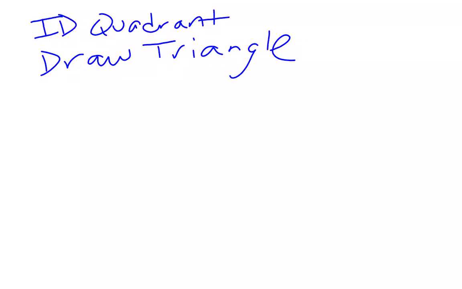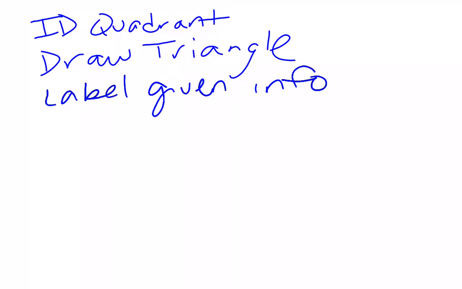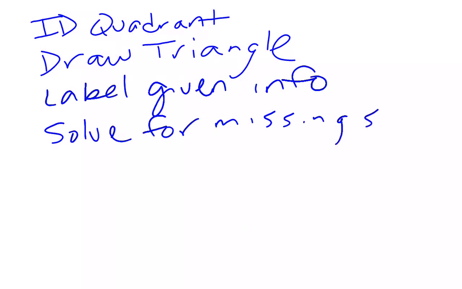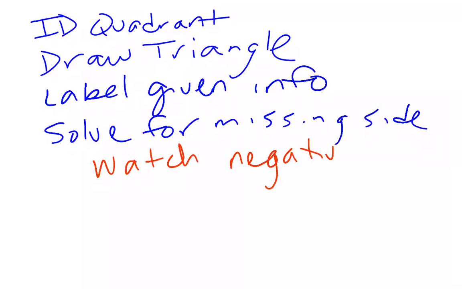So draw your triangle, label our given information, solve for your missing side, and we're going to really make sure we watch our negatives, because that's what I got carried away with. Watch our negatives. Okay. And lastly, answer